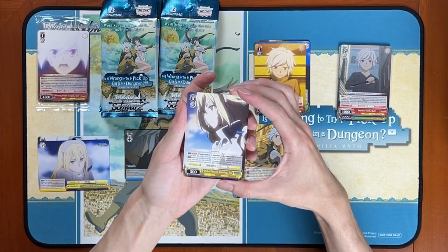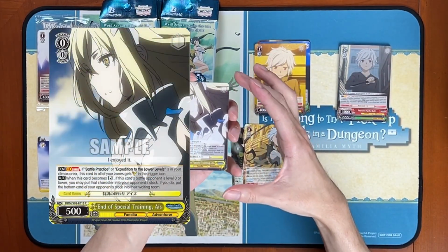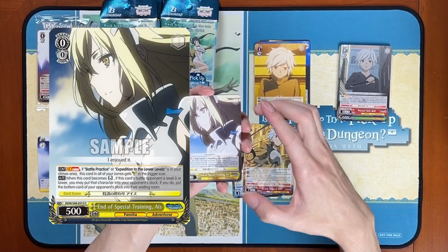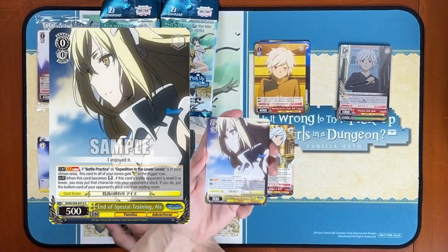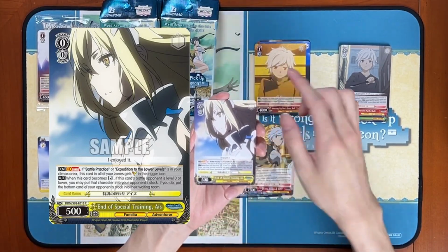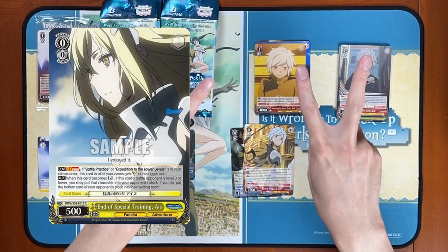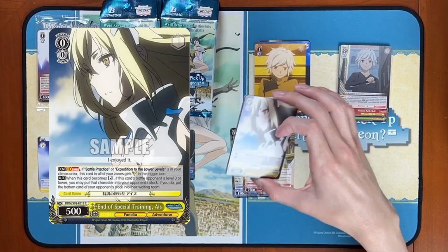Here we have the Eyes level 0. She's a stock bomb that can actually gain choice trigger on herself if you have either of the Eyes choice climaxes in your climax area. So this essentially allows you to play 12 choice climaxes, but